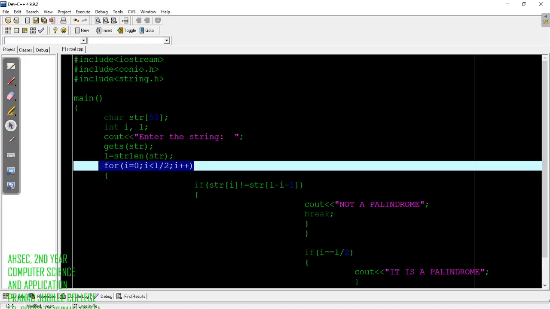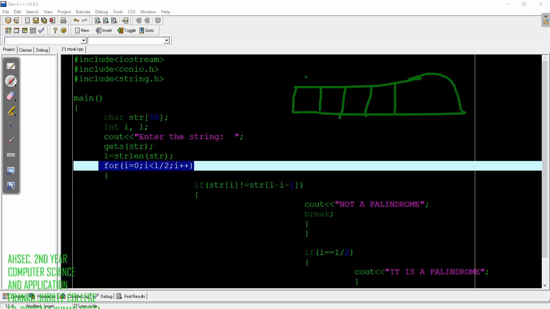Alright, so next, after getting out of this, what you will check is whether I has reached half. Say this array is 0, 1, 2, 3, 4, so half of this will be up to this side.